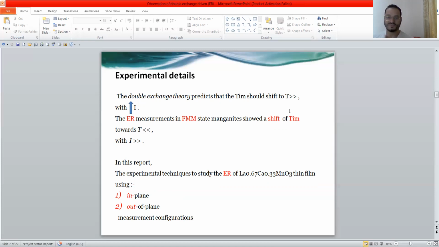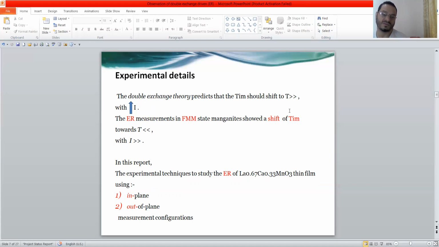That means there is some difference: the double exchange theory supports the temperature being higher, to start to grow, but electric resistance supports making the resistance go toward smaller results with increasing current. In this report, the experimental technique to study the electron resistance of this